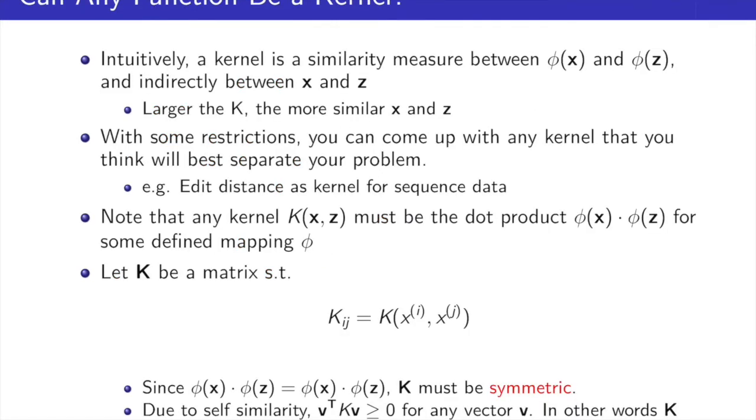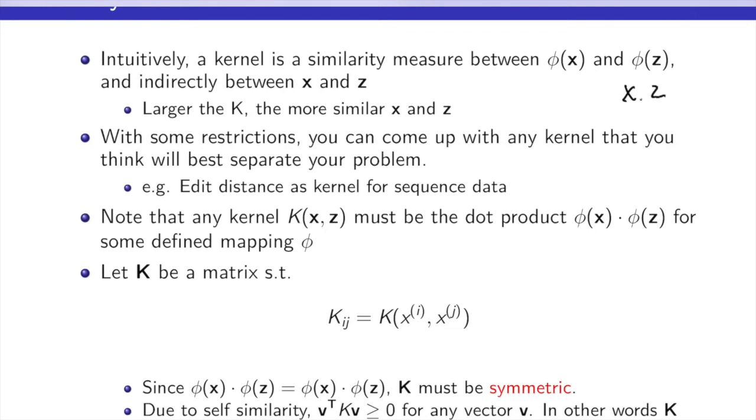Now the question is, can any function k be a kernel? Any function that takes two vectors and spits out a number, can it be a kernel? Intuitively speaking, our most basic kernel, x dot z, the dot product, is a kernel, the linear kernel, and you have to figure out what this does. You know that the inner product, the dot product of two vectors, essentially gives a projection of one vector on top of the other vector, right? So if these are x and z,